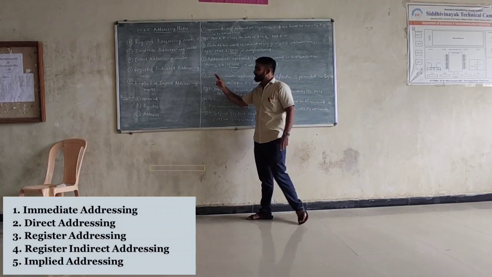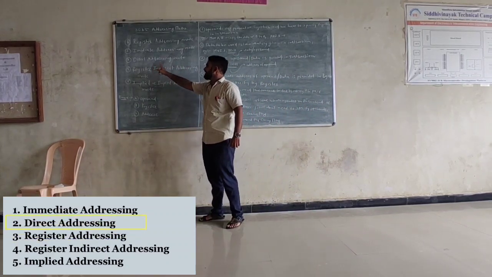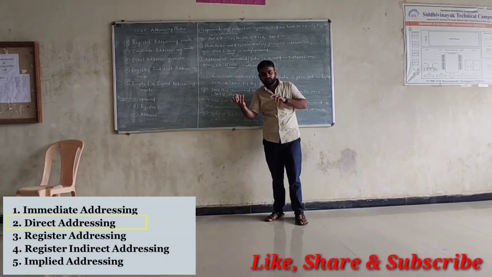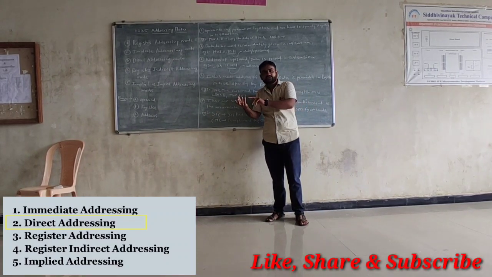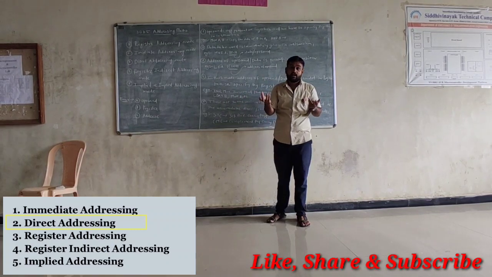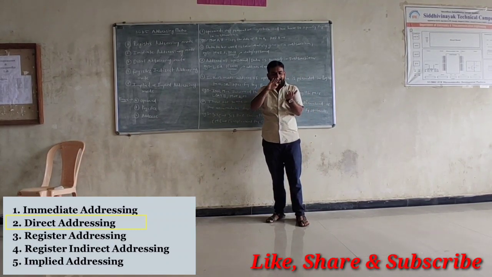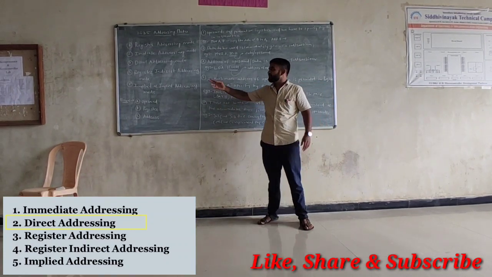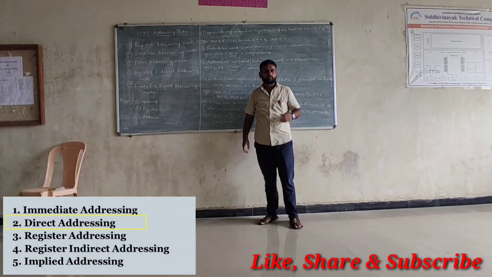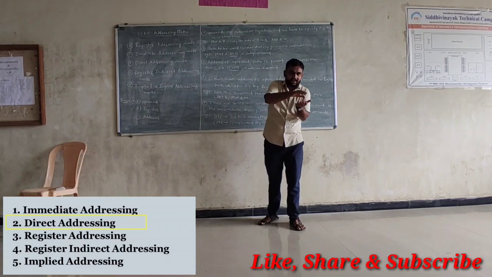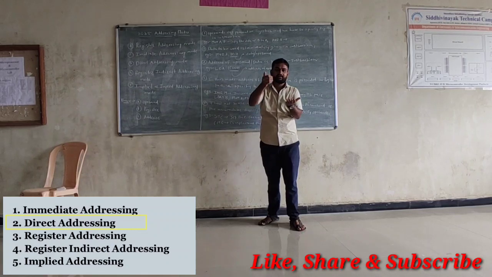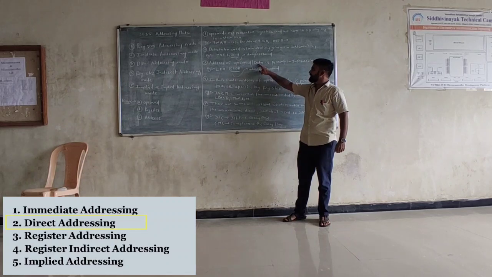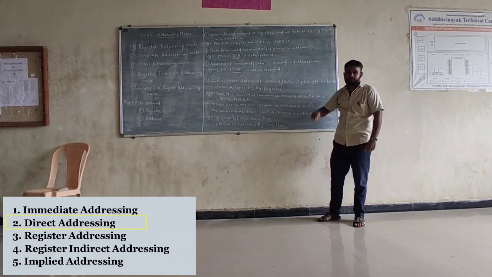After that we have the third addressing mode here, that is direct addressing mode. What is the meaning of a direct addressing mode? As we know, an operand gets stored inside a register, or maybe it gets stored at an address location. If we are providing the address location directly inside the instruction, that is called a direct addressing mode. We are directly providing the address of the operand inside the instruction. So the statement says that the address of operand data is present in the instruction.